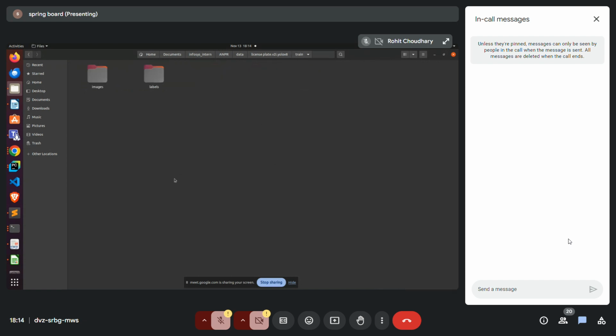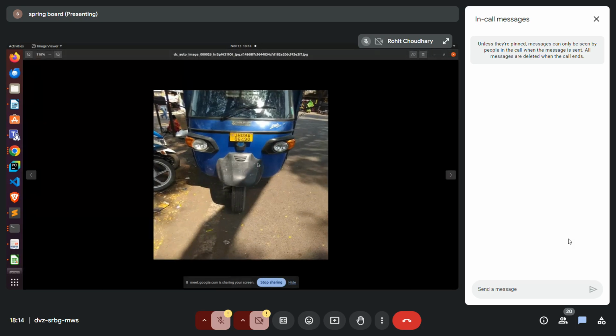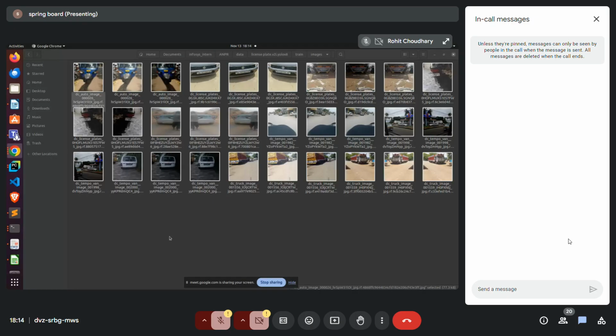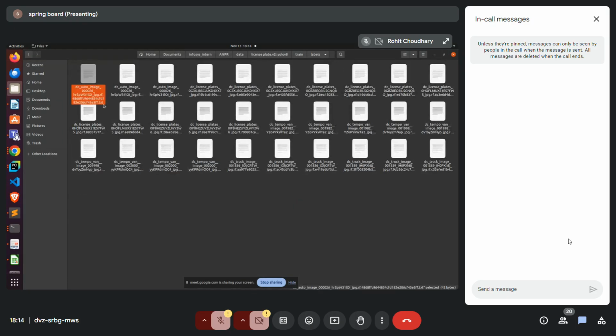So let me go into this train folder. In this train folder, we have one folder for images and one folder for labels. Let me go through it. We have an image of an auto rickshaw, and for this image we have a labels .txt file in this labels directory. So see,